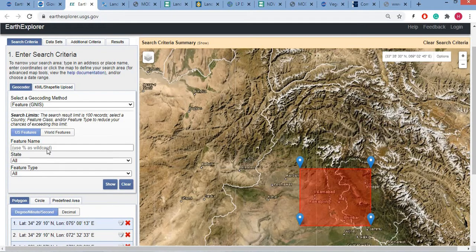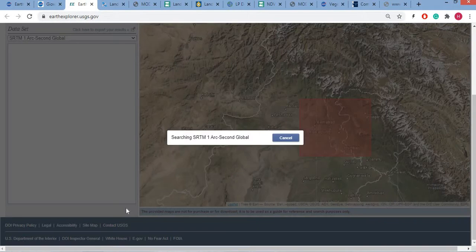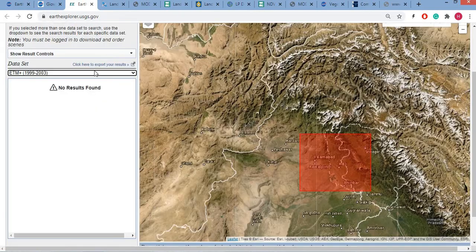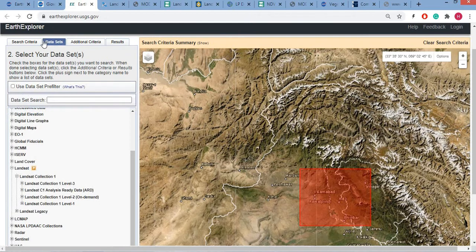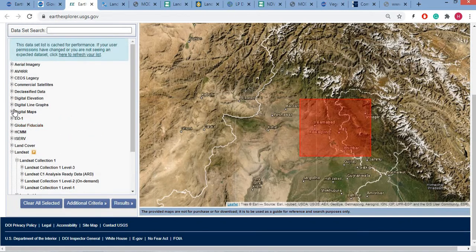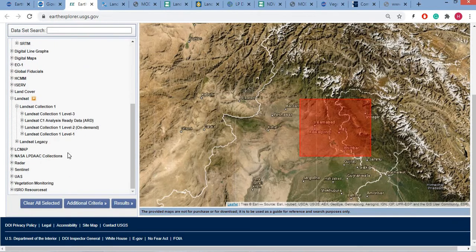So we are going again for path group and results. We are again going to select the elevation data.